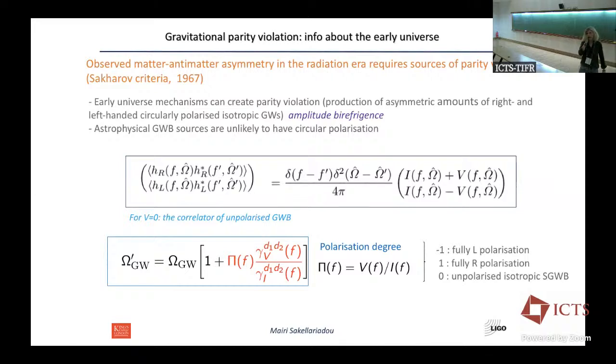You remember I defined this overlap reduction function, which has to do with the response of the detector. It depends on the geometry of the orientation of the detector. So now it will have a dependence on whether it's right or left, and that is the extra term. These are the detectors: D1 is detector 1, detector 2, and this is the corresponding gamma from the Stokes parameter. It will be this extra contribution to omega, which comes from the polarization degree. The omega from CBCs is 2/3 with nothing. Now we'll have a specific feature.